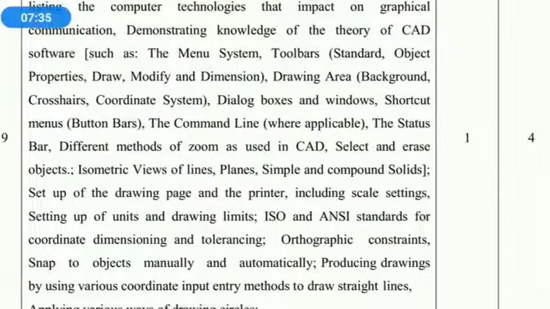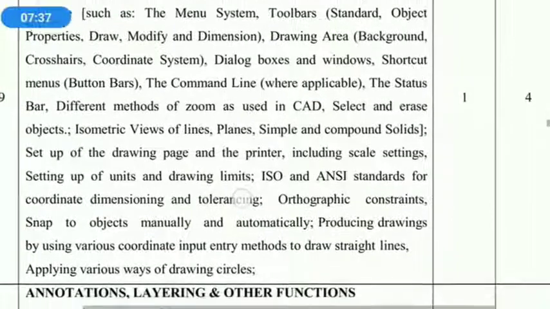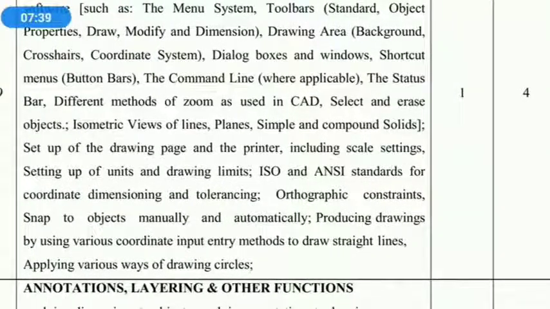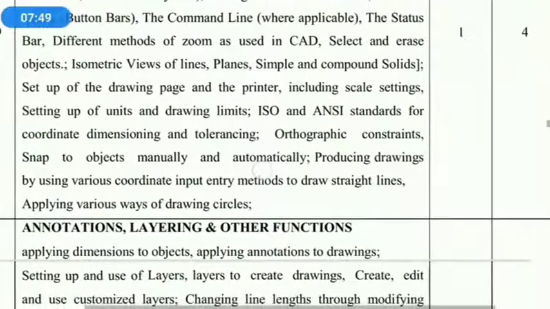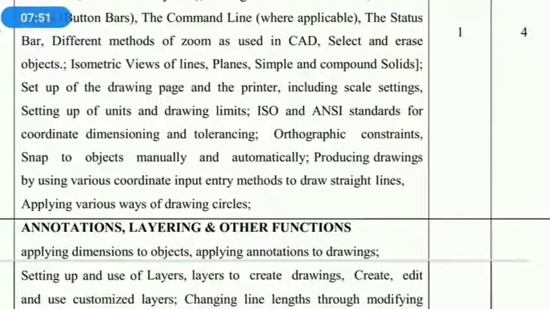And in the drawing area, that is the background, crosshairs, coordinate system as well, and dialog boxes, windows, shortcut menus, button bars, command lines where applicable, the status bar, different methods of zoom as used in CAD, select and erase objects,